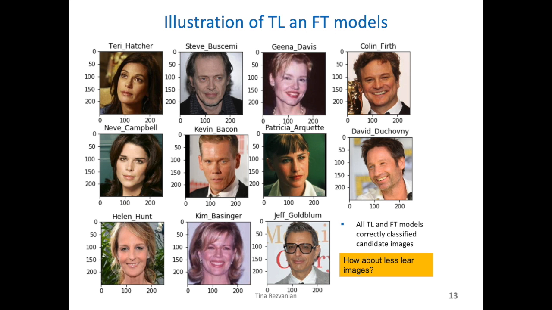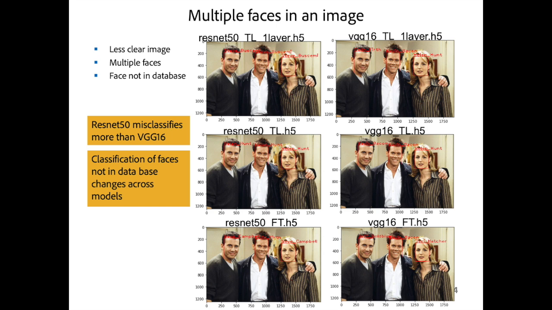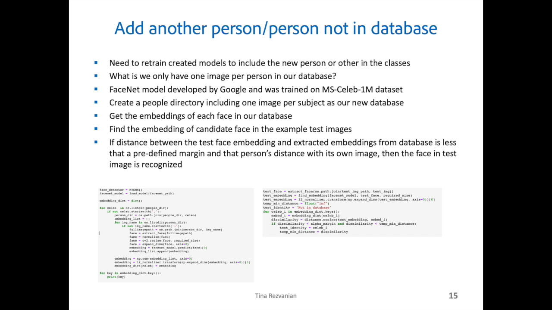Here is an illustration of a candidate set of test images from transfer learning and fine-tuning models, which are all correctly classified. Here are some of the illustrations from images that include more than one face in them and have less clear images. And it also includes faces that do not belong in the database. And our models predict these people as one of the 11 subjects, although they are not in the database. Therefore, in order to be able